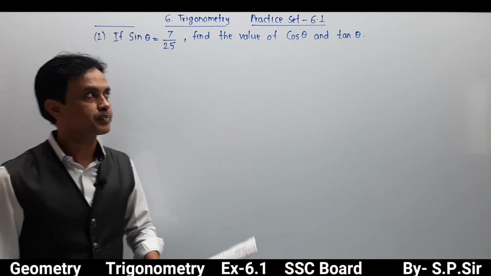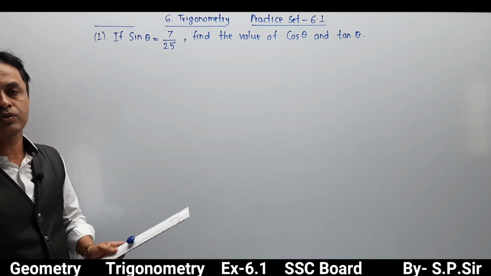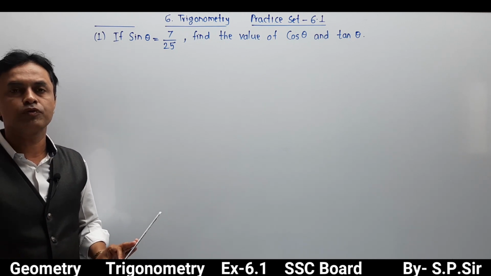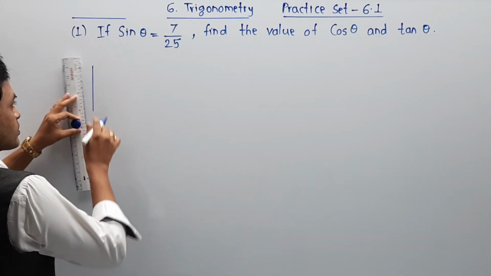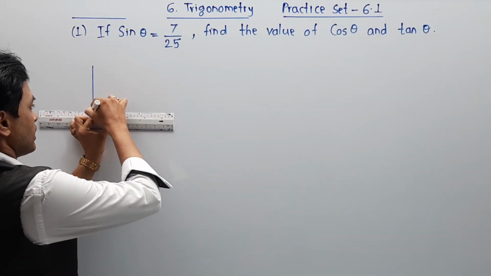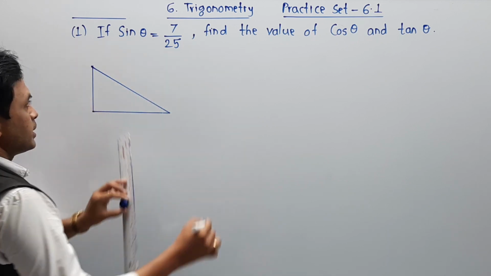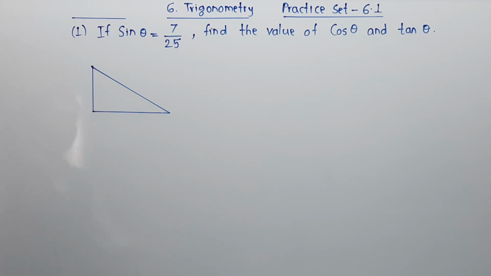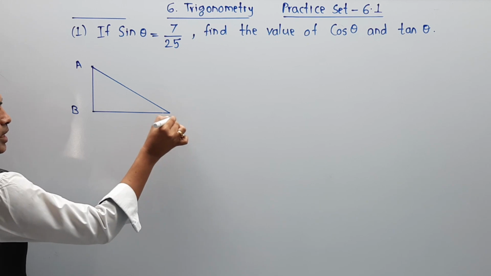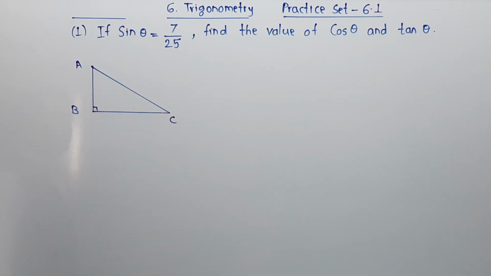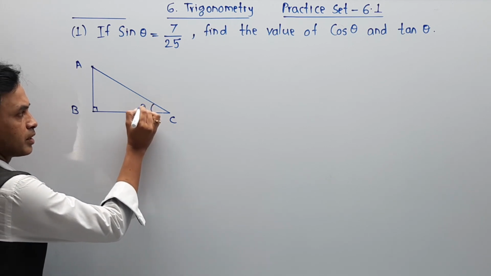Let me clarify. If sin theta is equal to 7 upon 25, in that case you first draw a simple right angle triangle. Let us say I have drawn a simple right angle triangle over here. Nomenclature is not available, so I am going to decide myself. Let us say this is triangle ABC. Now, for sin theta, I have to specify an angle, so I specified this theta over here.